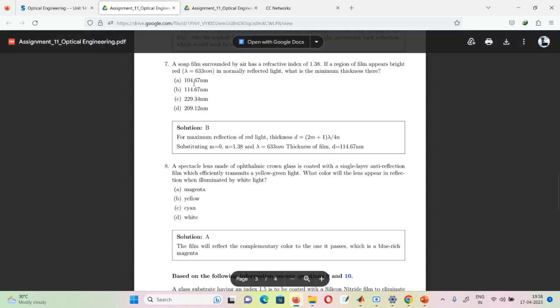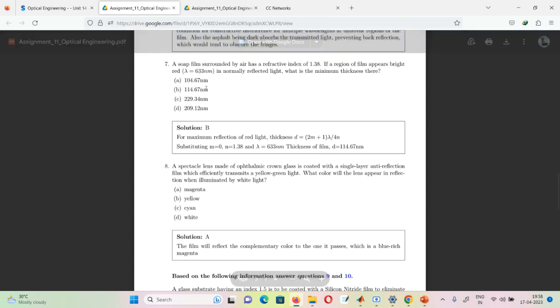So 633 plus 114.67 will be some 700 nanometer. I don't think that much. That's a very thick soap bubble. But yeah, I'm saying that kind of question they can ask. I don't think they will ask this kind of complicated question. But the thing is that you have to know